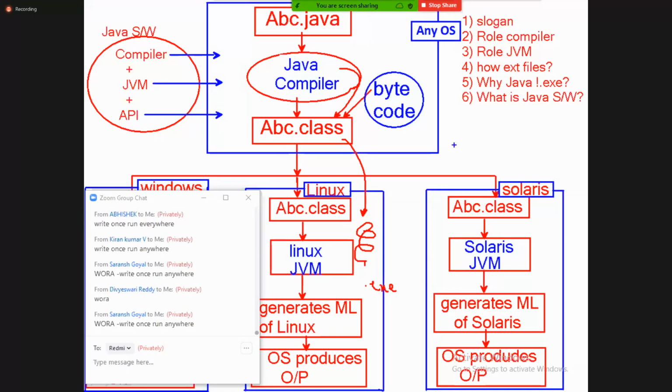Then now my next question, the seventh question. Is Java software,